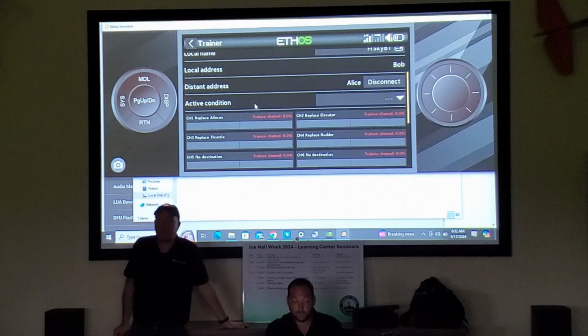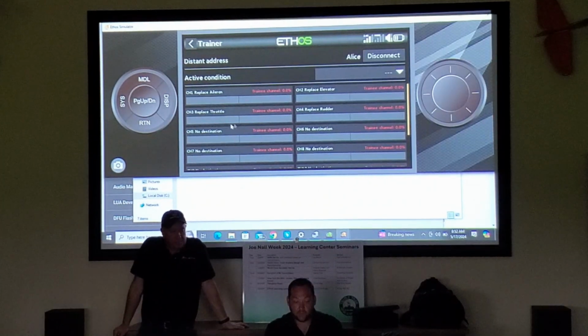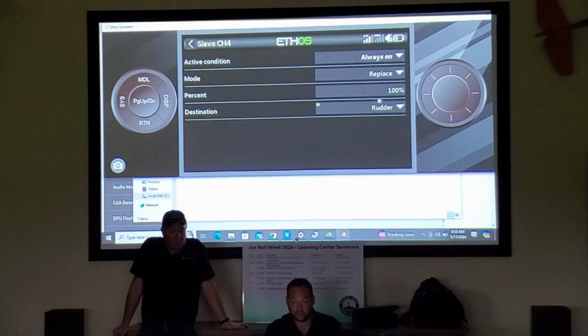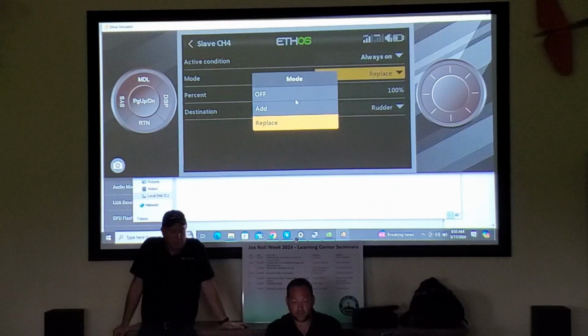Yeah. So it works for the first 6 channels. By default, it will only have the first 4 set up, so you can see channel 1 through 4. It's going to replace your aileron, elevator, throttle, and rudder. So depending, let's say you don't want to replace the rudder, you just tell it off,